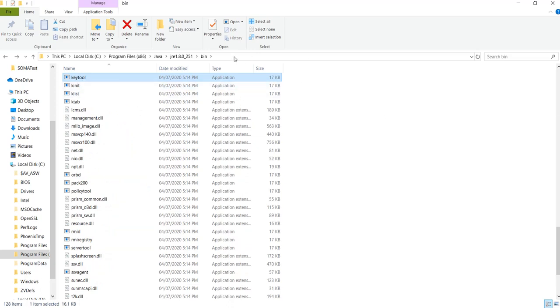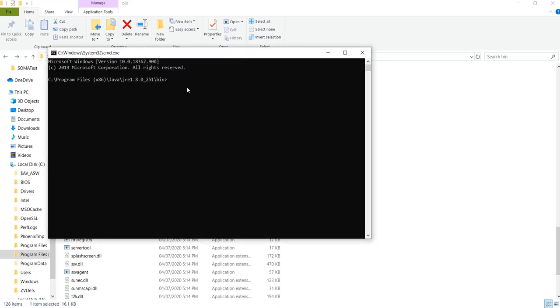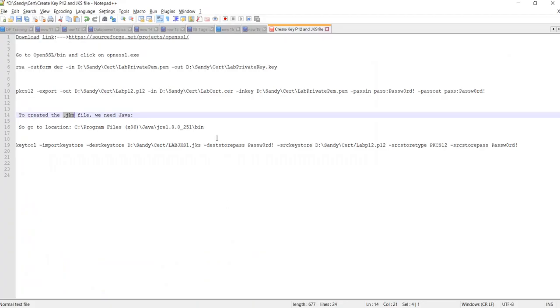We'll go here and write cmd. So we can see we are now in the bin directory. We already have the command, so we'll copy it.